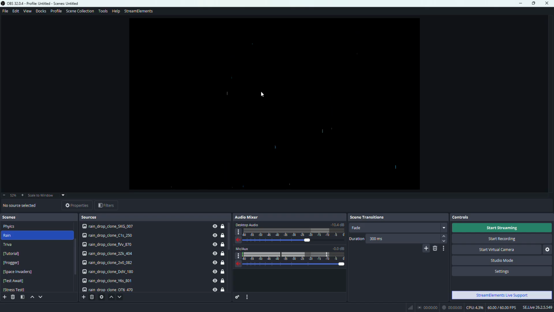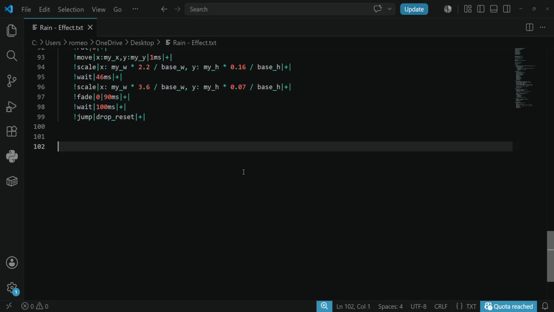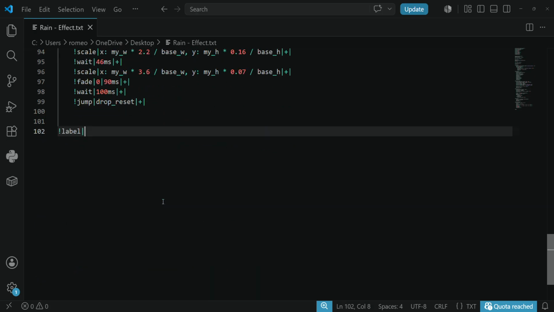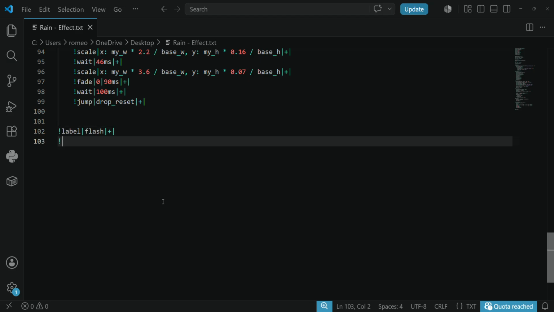running in OBS. But as you can see, it doesn't have the lightning yet. That's because we have not really completed that. For that to work, what we need to do is add another block here for lightning animation. So we're gonna go ahead and do lightning. I think I called it flash. Yeah. So I'm just gonna say flash,